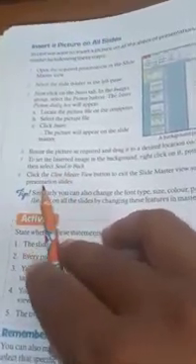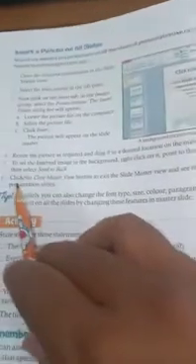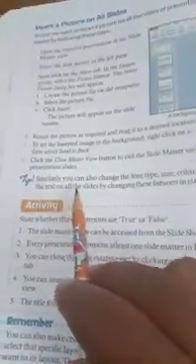6. Click the close master view button to exit the slide master view and see the changes in the presentation slides. Tips: similarly, you can also change the font type, size, color, paragraph, alignment, and so on for the text on all the slides by changing these features in the master slide. So how can you insert a picture on all slides?